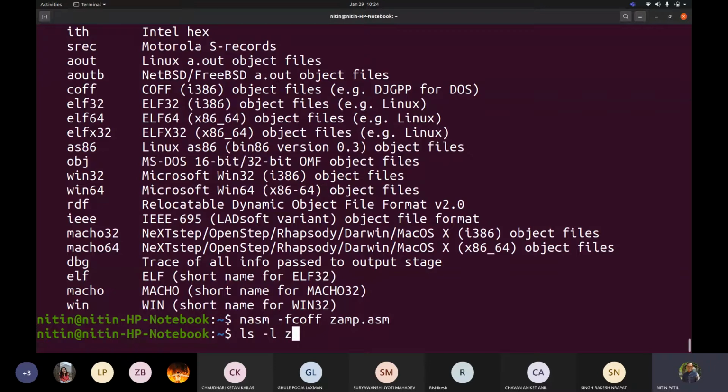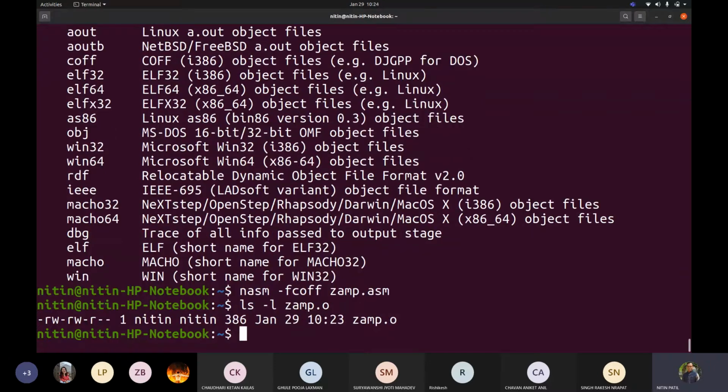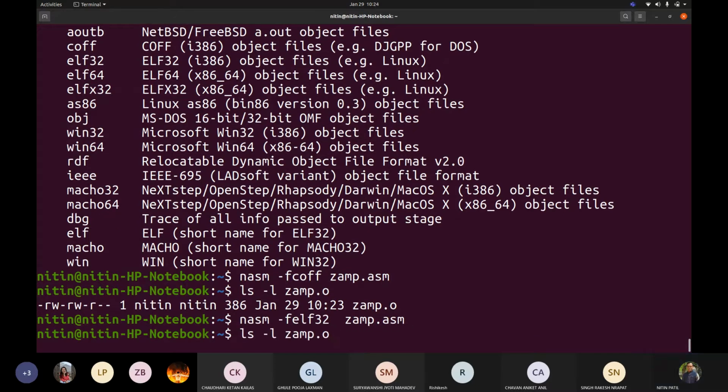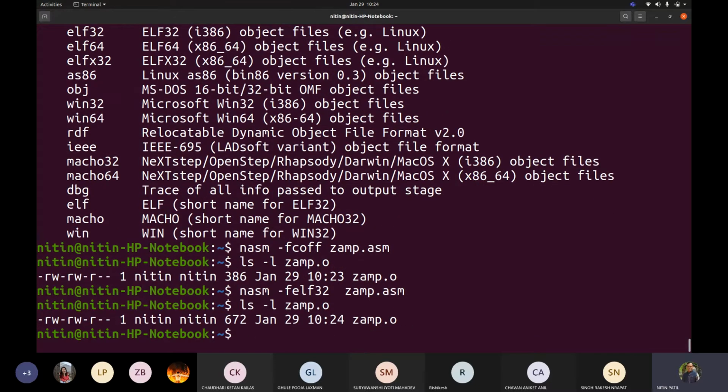Now let us see the size. Correct. Now if I compare, for example, with dash f elf32, now see my size. Ultimately, it is nearly double. It may not be exactly, but kind of.